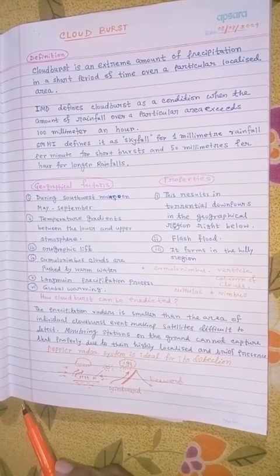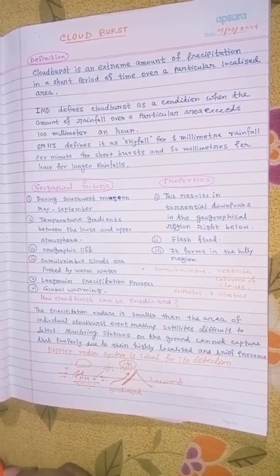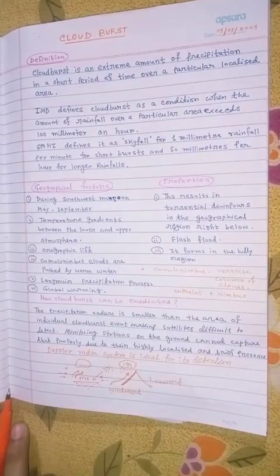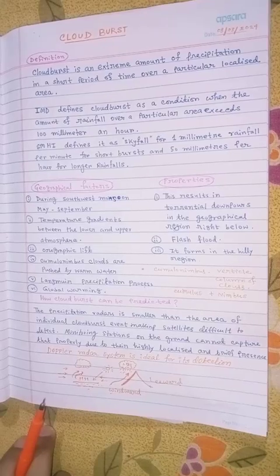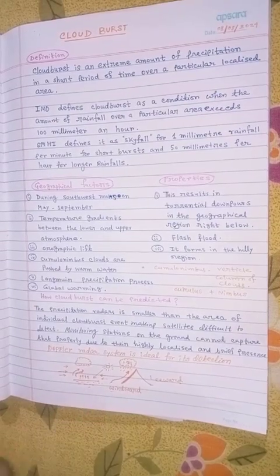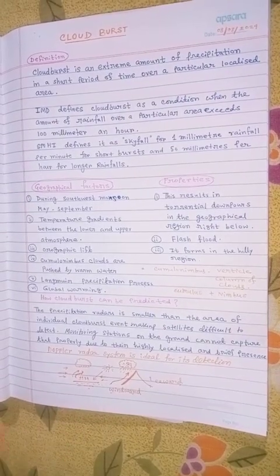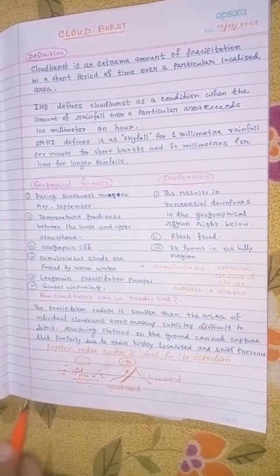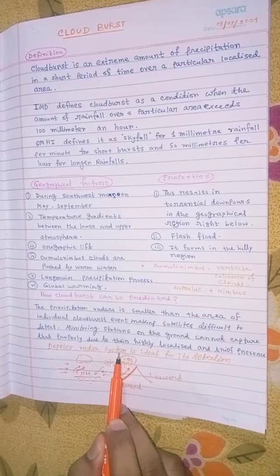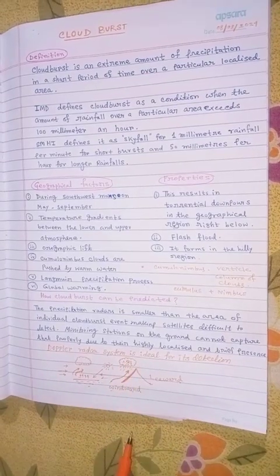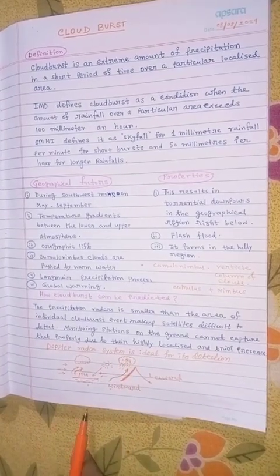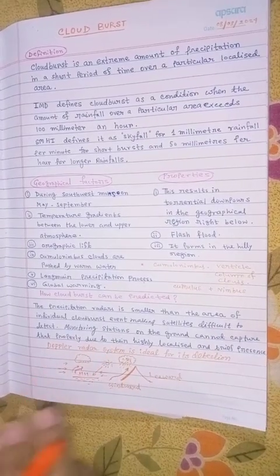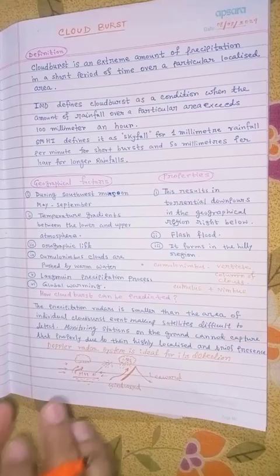So is there anything to predict the cloudburst, which causes flash flood, torrential downpours, and many other natural disaster-like phenomena? Yes, there is a way to detect the cloudburst, that is the Doppler radar system, which is ideal for its detection. In the next video, we will discuss the Doppler radar system and how cloudbursts are detected by this Doppler radar system.